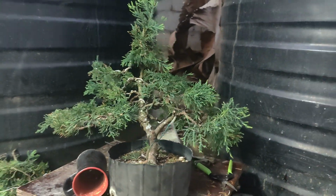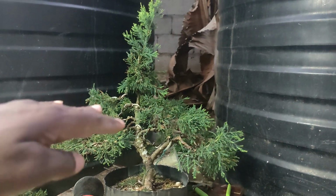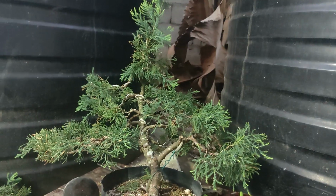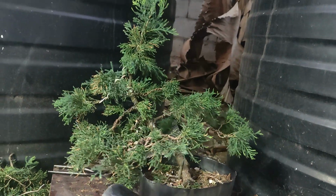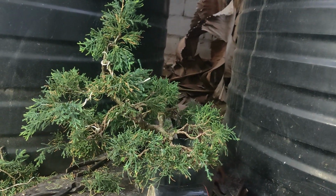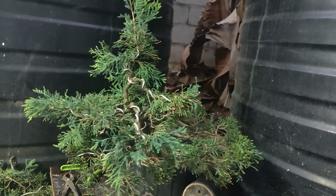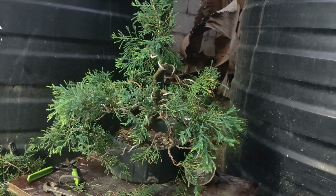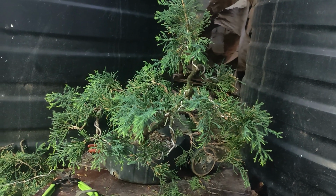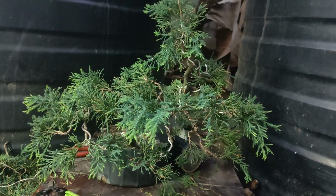So, giving you a look at it from a distance. As you can see, I have attempted to create some layers and to create some pads. And I'm holding this camera in my hand as I go around. I attempted to keep it as 360 as possible, removing any two-dimensional type work. And yeah, now granted, there are some things that could be taken off or whatever the case is, but for a first time